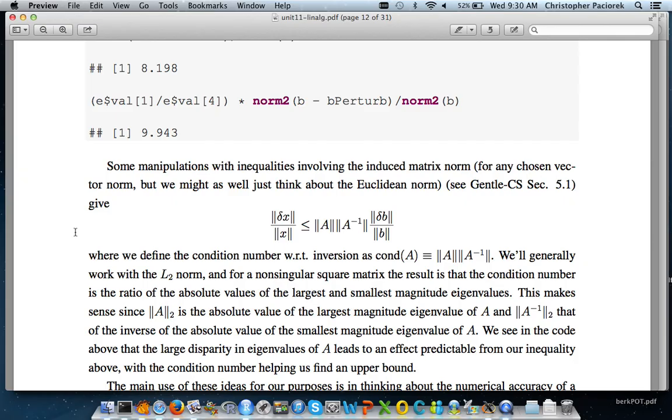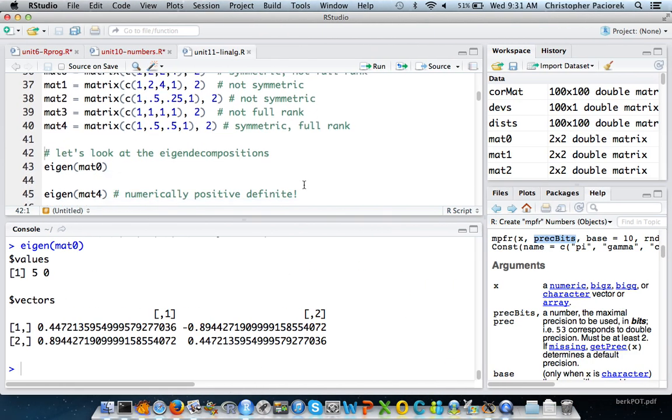And this product of those two norms is the condition number for A with respect to inversion. So you can work out, and we're going to see this in a second, that this is just the ratio of the largest magnitude to the smallest magnitude eigenvalues. And so if we actually see this in action,